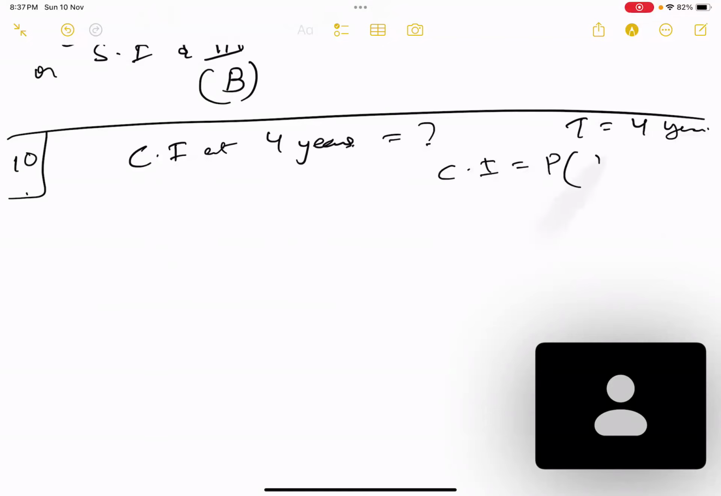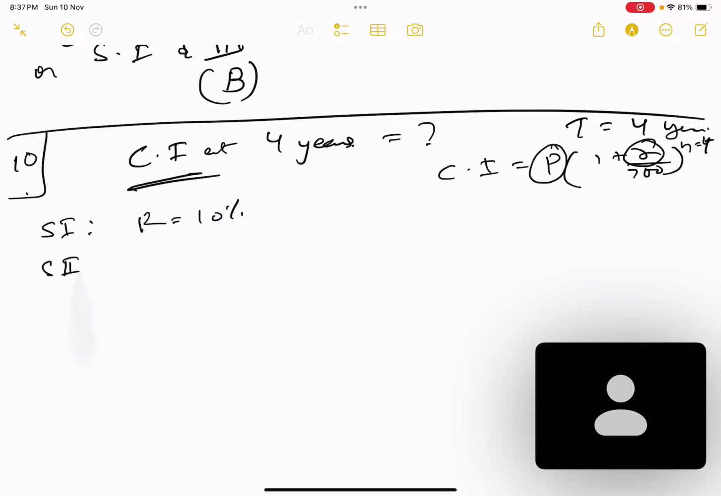P into 1 plus R by 100 all to the power n, and n is already 4 years, right? So we require rate and we require principal in order to find the compound interest. Now, statement 1 says that the rate of interest is 10% per annum. Statement 2 says that the